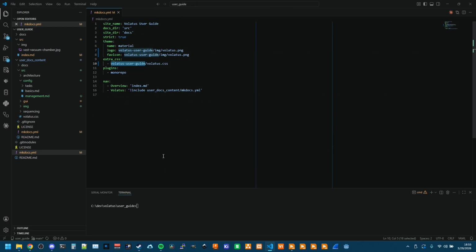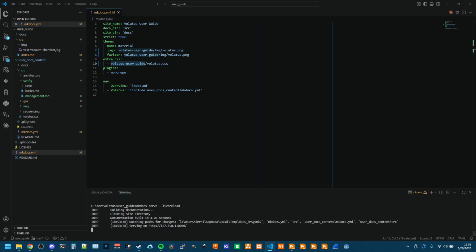Now, working with this, once you have your top level makedocs site configuration, you can then just do something like makedocs serve. I always add in --live reload, because that'll get it anytime you change a file, save a markdown file that is in the folder it's monitoring, it'll automatically update what you're looking at in the browser. So I can run this, it's going to do a little internal build, and if everything builds successfully, it'll give you a URL, so I can control click this,